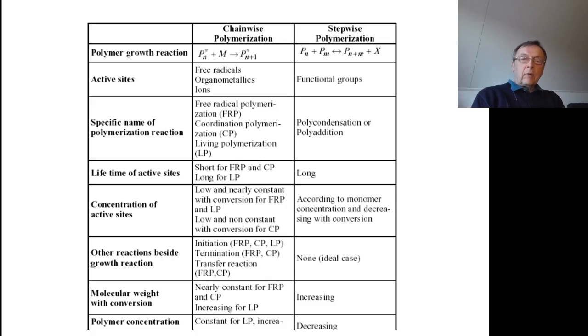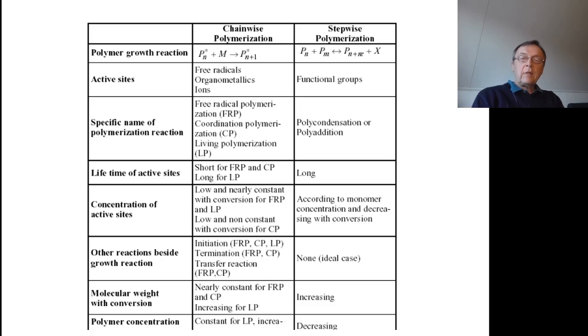If we now look at the other type of reaction that is called stepwise reactions, there we have monomers that carry functional groups that react with each other. The best known example is a dicarbonic acid that reacts with a dialcohol. Acid and alcohol can produce an ester, and as long as both monomer units carry two functional groups, they can